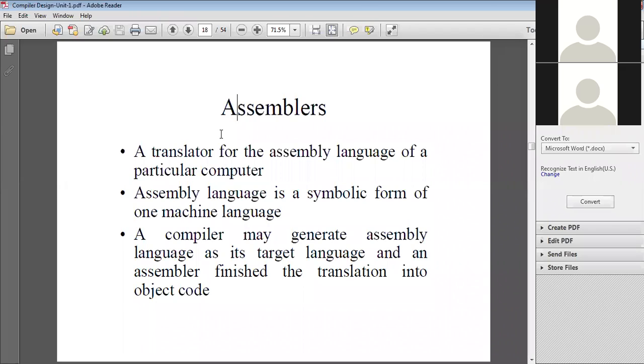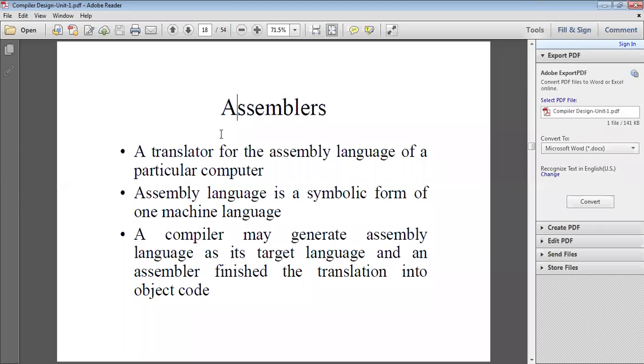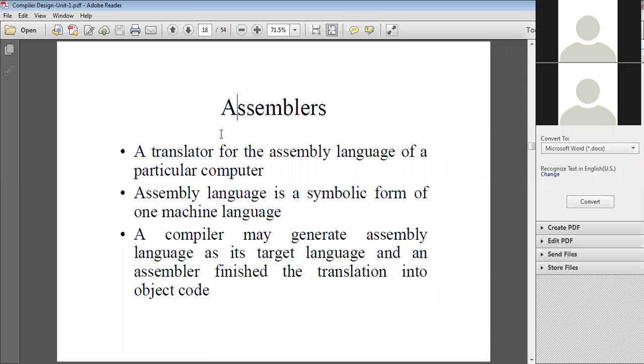What are the different examples? Compilers, assemblers, interpreters. All come under the category of translators. What is the function of a translator? Convert one language into another. An interpreter converts high level language into machine language, but line by line, so speed is slow. Assemblers convert assembly language or mnemonics, the codes, into machine language.